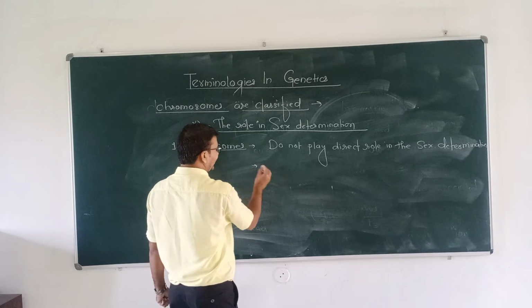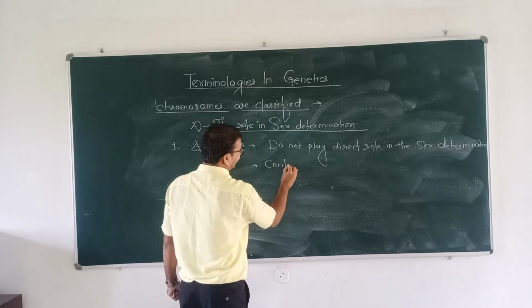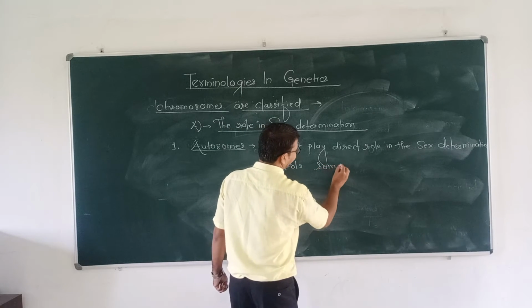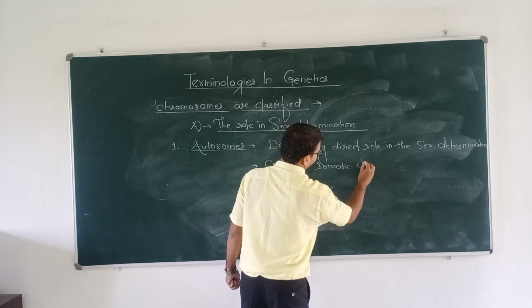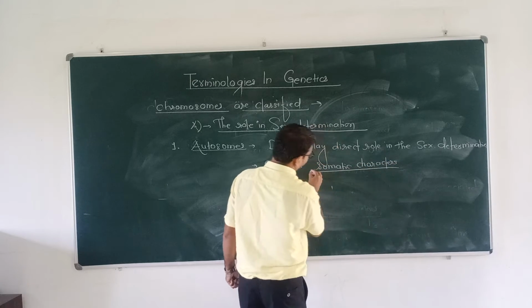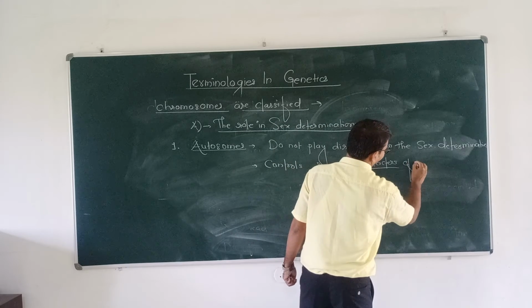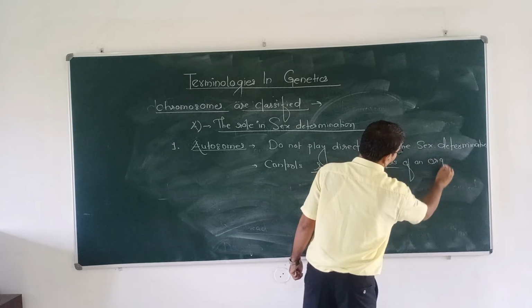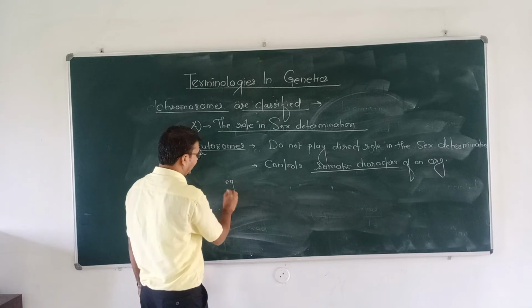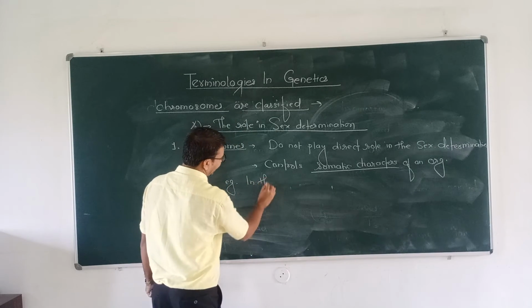So these characters mainly control somatic characters of an organism. For example, एग्जाम्पल इन ह्यूमन बींग्स,